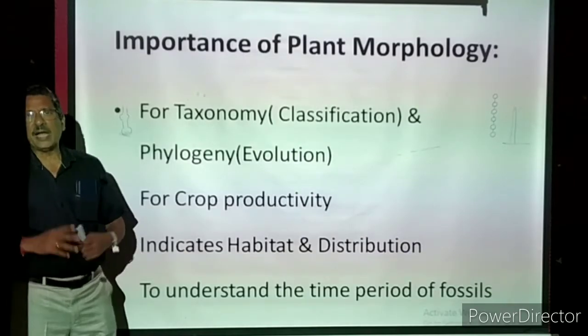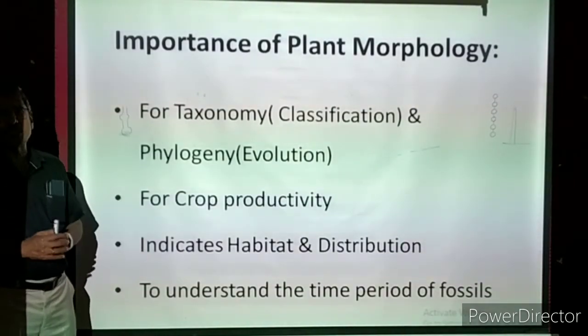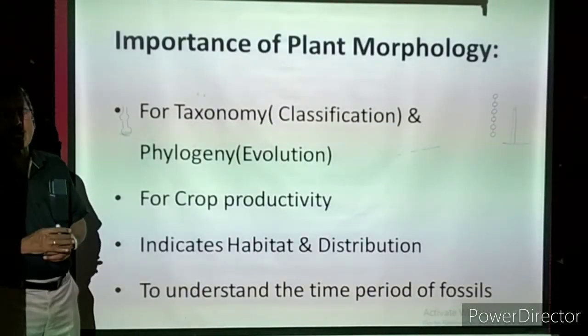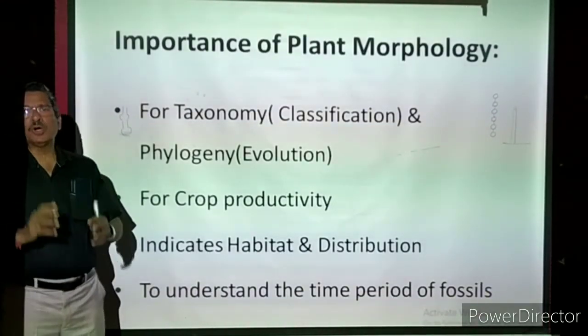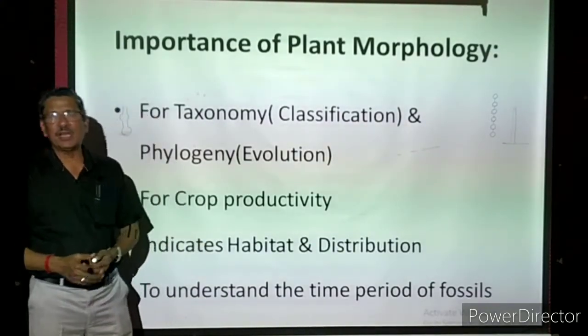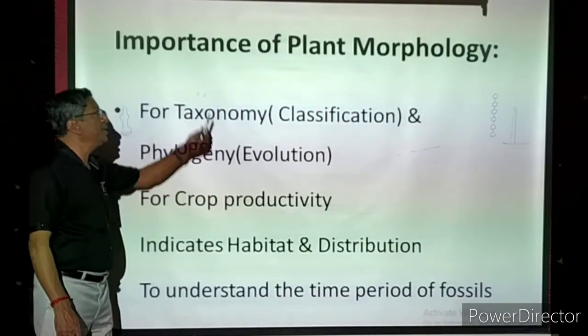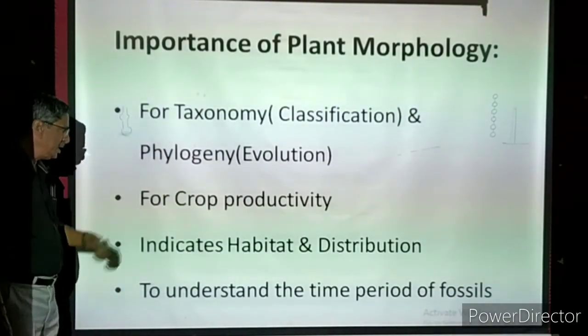For example, I'll tell about the paddy plant, which grows about 2 feet to 2.5 feet. So external appearance is very, very important. Once it is growing to that height, immediately it is producing grains. Then what will be the color of the grain? What will be the size of the grain? We have to see. Once it is matured very well, we are harvesting and we are getting the product. So even for crop productivity, plant morphology is very, very important.